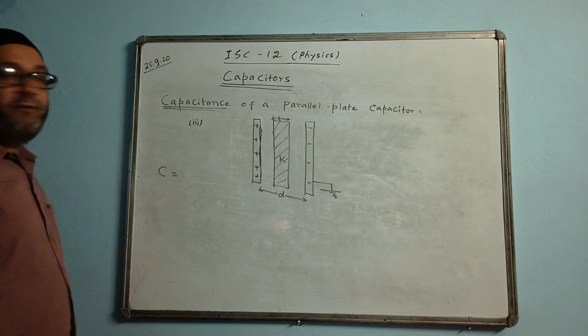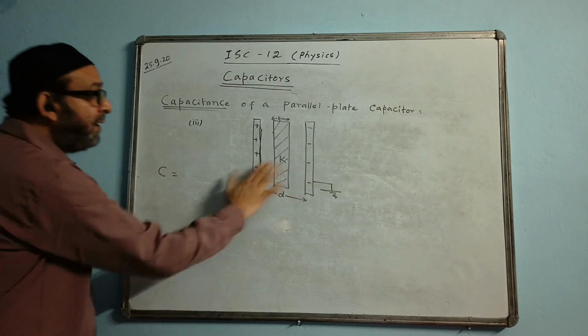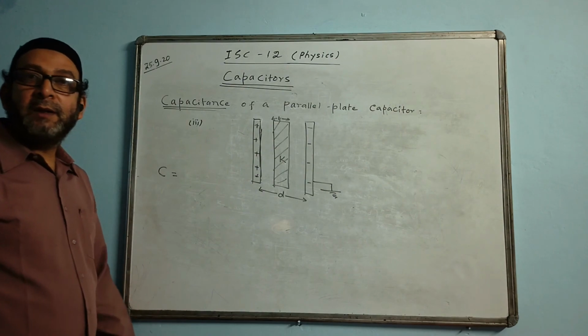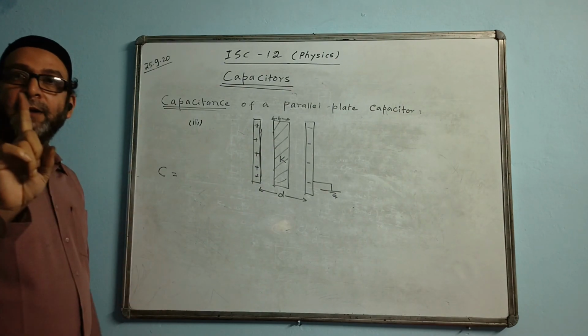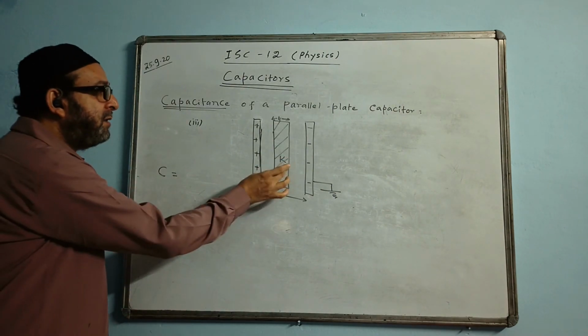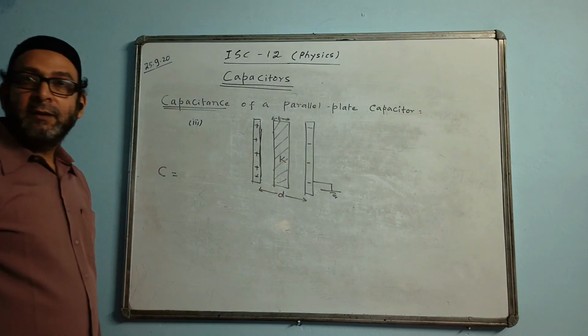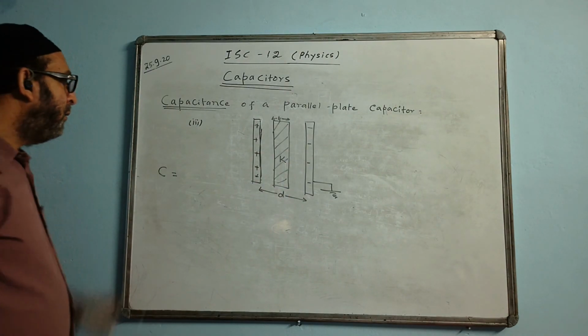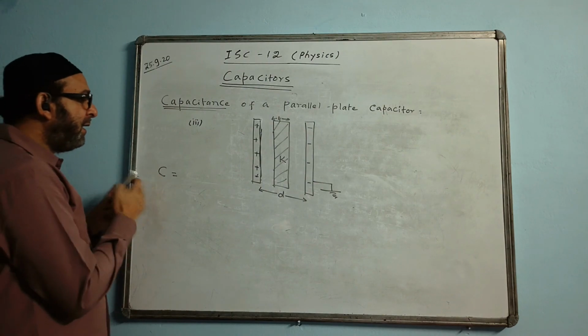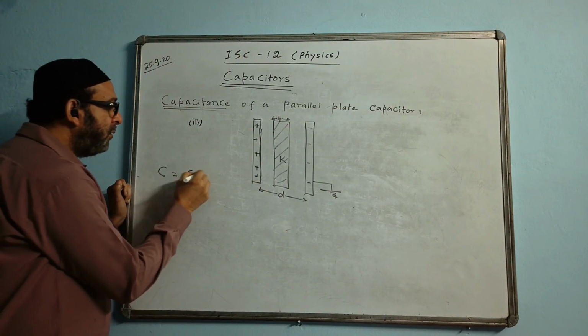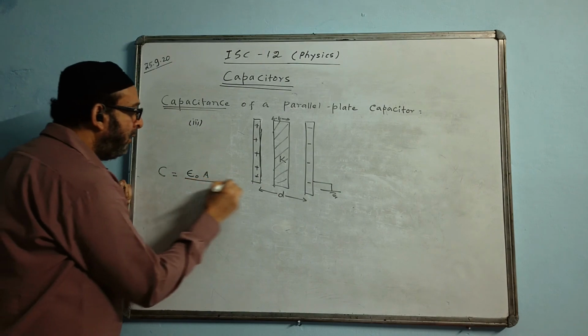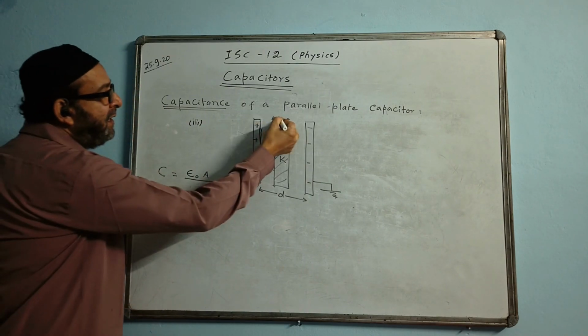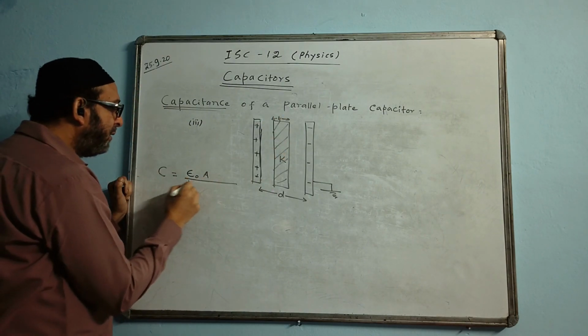This is called partially filled because we are not completely filling, and it is not even filled with multiple dielectrics. It is one dielectric only in between the plates, but partially filled, not fully filled. What change will take place in capacitance now? We write the capacitance formula like this: epsilon naught A divided by T, the space filled with K. First I write T by K